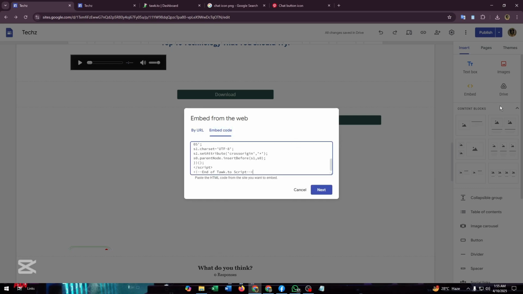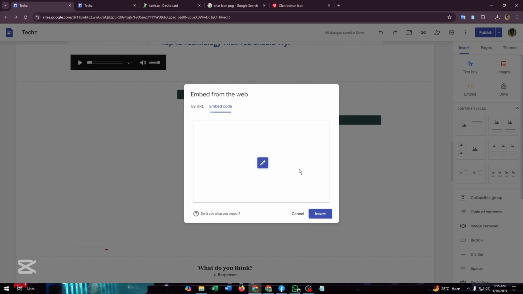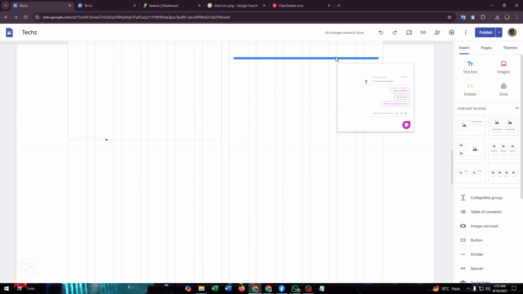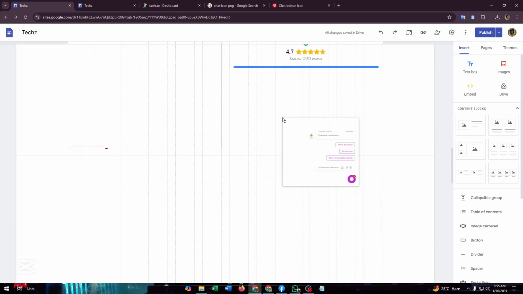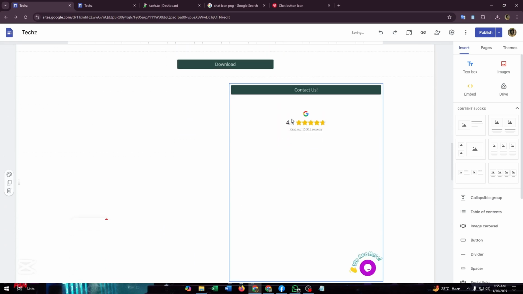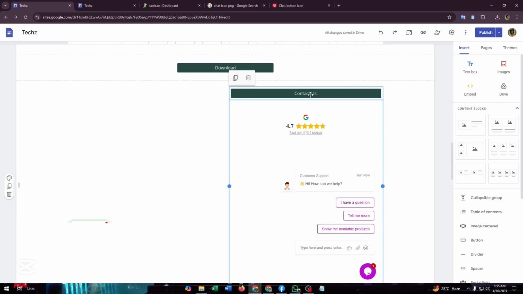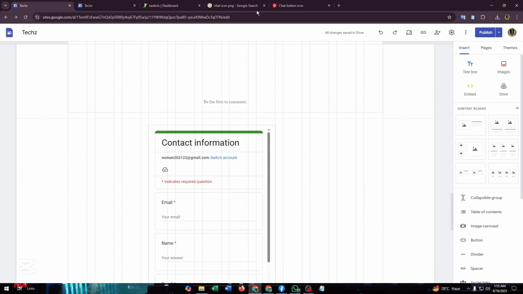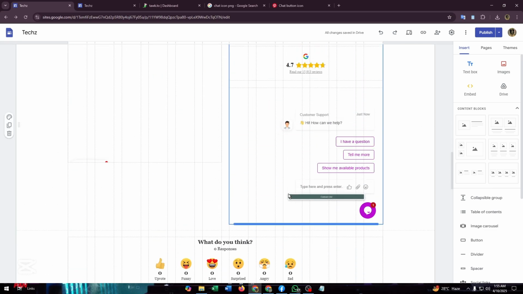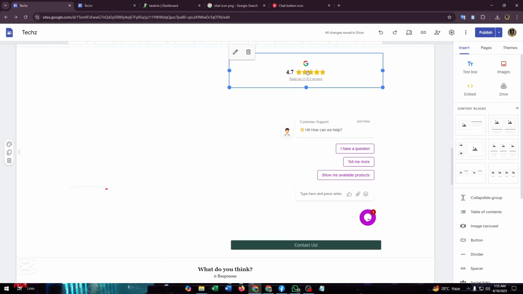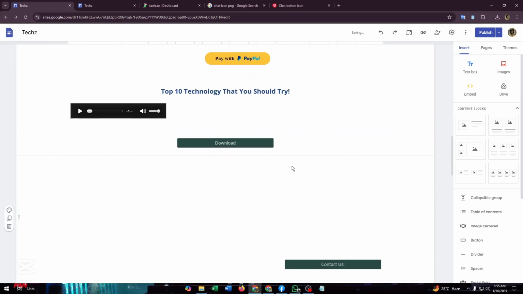So just click on this embed button here and go to the embed code and click on next, and here you will find the preview of how it looks like. Now click on insert here, and here you can see I have just inserted that live chat button here. So I'm going to add this just like this, and the button here I'm going to place right down here. Now just like this, and this one is here,